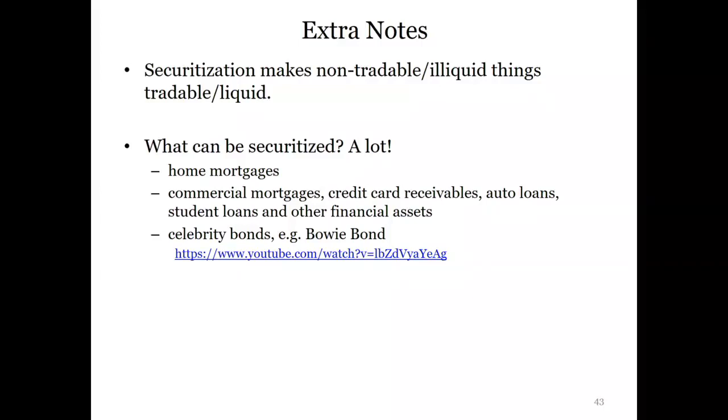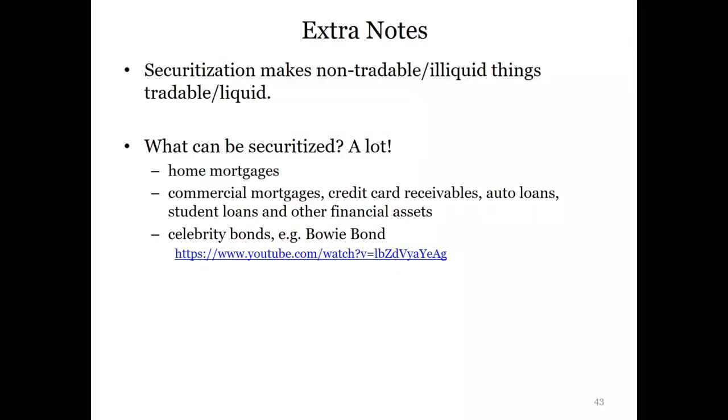So basically, we finished talking about all of the details and the process of securitization, right? Overall, securitization is all about making illiquid, non-tradable securities into liquid, tradable securities. Imagine we have a pool of mortgage loans that you can't really sell in the market. So you package them, slice them into pieces, and sell them to investors. There are very liquid secondary markets where institutions can buy and sell Class A, B, C, and all the different tranches. So they become tradable and liquid.